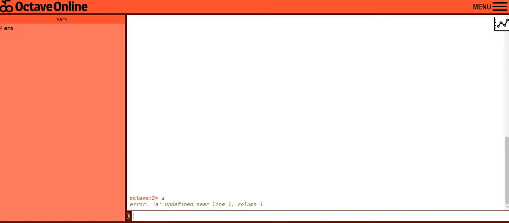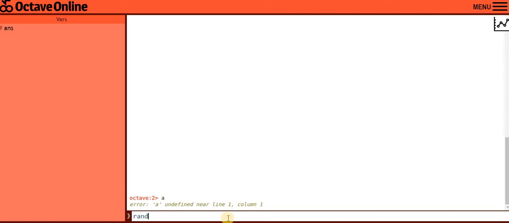First of all, let me give you an idea about this interface that I'll be using. I am using Octave Online, the online compiler that is used for MATLAB. You can use MATLAB itself, you can use Scilab itself, and if there is some other online compiler that you want to use, it's available. It's up to you, it's completely fine. Basically, I'll be trying to just execute some of the functions so that you can understand the functionality.